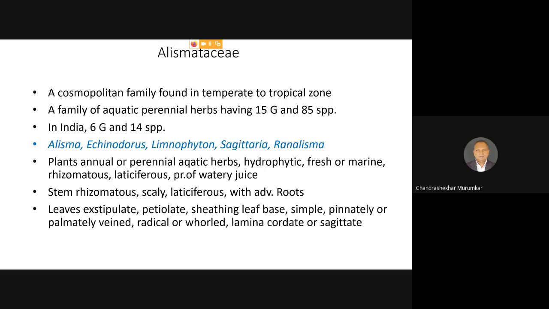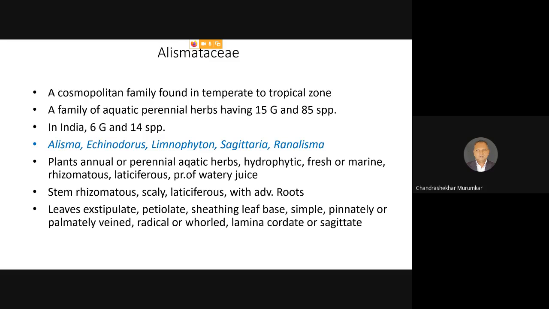Because of that, if you follow different textbooks or reference books, you will find a different number of genera included. For example, in some cases all the genera have been included together, where the number goes as high as 28 genera. And many times this family has been split into several small genera, and because of that, the number is automatically restricted.